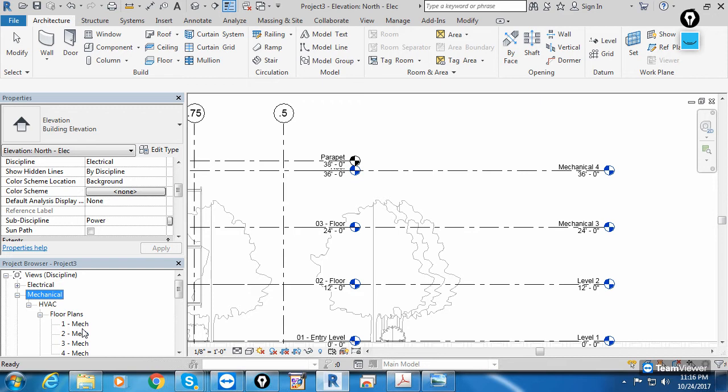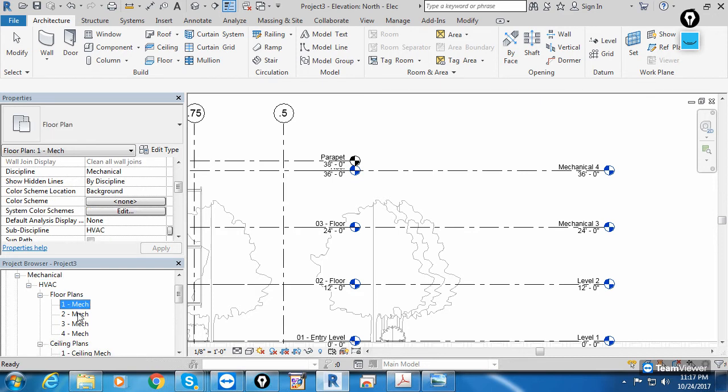Again, the same I'll duplicate for zoning. Like this we will create multiple views. I'll show you one example. For spaces we require the floor plan, not the ceiling plan. So all these floor plans 1, 2, 3, 4, I want under a separate new category, spaces, because I don't want to disturb this.